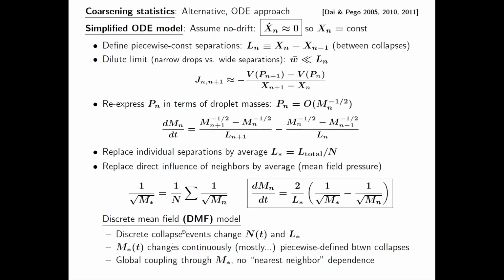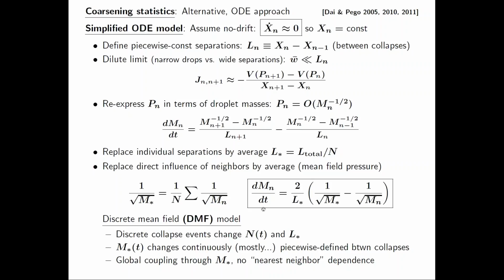So this is called the discrete mean field model because I'm still going to calculate the evolution of each droplet separately, but they're now globally coupled instead of coupled by nearest neighbors. And the collapses will happen at discrete times. And let's see, I'm going to show a plot of that happening. Yes, but first,